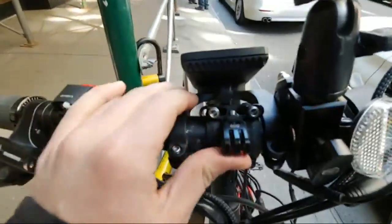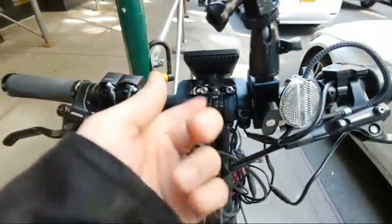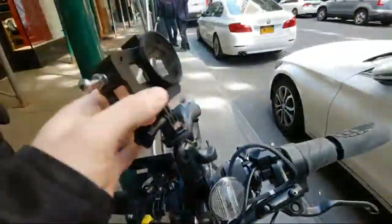So I know a lot of you have been criticizing the GoPro mount that I use that's usually tied to here because it shakes a little bit. But again, when people say that my GoPro mount is not the best, this is what the competition GoPro mount is. Look at this dog shit. Anyway, so the real reason we're here today is because